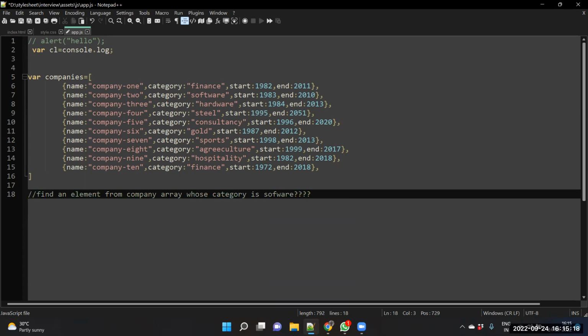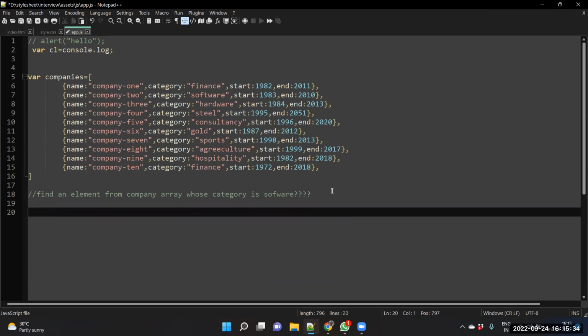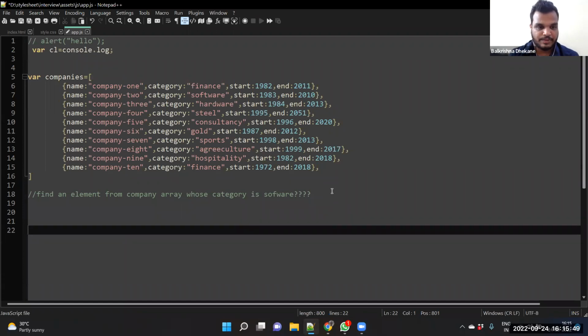Find an index of that element. First I find the index of that software company category.